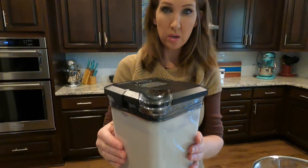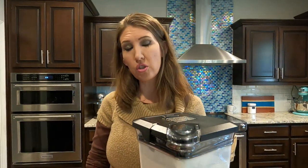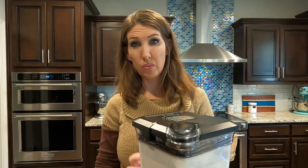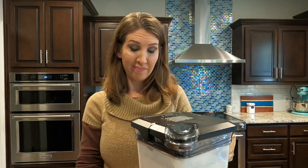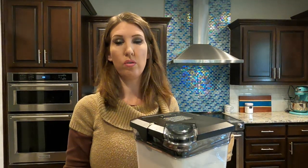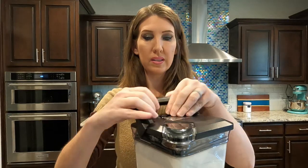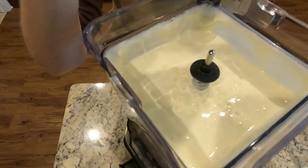The warmer your cream is, as close as you can get it to about 72, 75 degrees, it will make butter much faster at that temperature compared to a little bit cooler. It's a really cold day today, and I would say our room temperature is probably around 61 degrees, so this is going to take a little bit longer. Typically when your cream is at about 75 degrees, it will churn into butter with just one spin on the Ninja. So right now, this is turned to